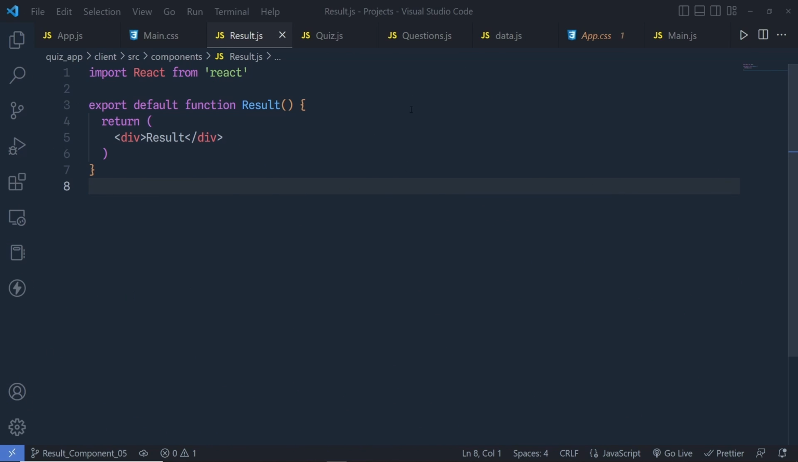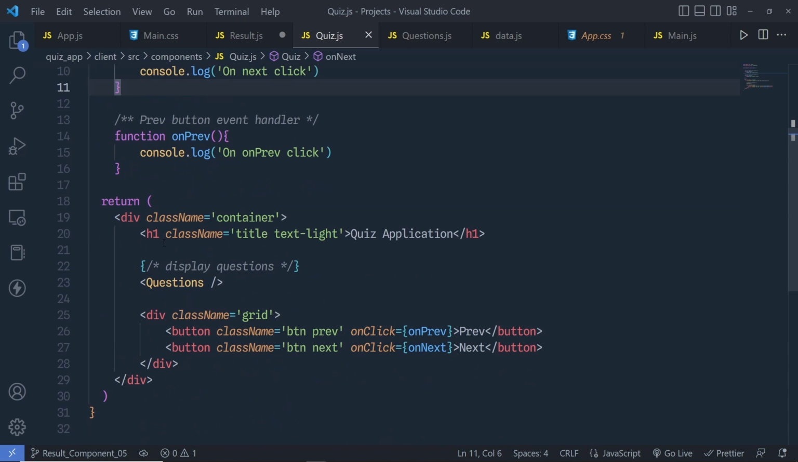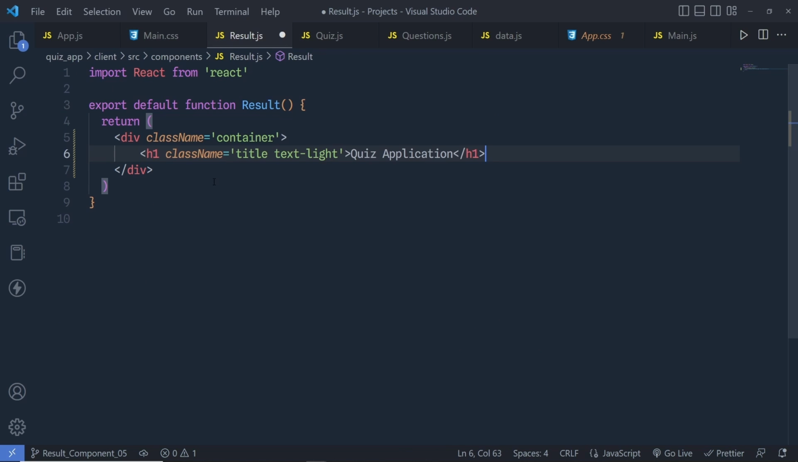Once we understand how to build the questions component, let's take a look at how you can display the result of the quiz inside the application. Let's move to the result component and create this result component and display the result of the user's performance. So right inside this div right here, I'm going to specify some classes. Let me specify here className, container, and right inside this div, I'm going to specify an h1 heading tag, and I'm going to print my title here. So I'm going to copy this h1 heading tag right from the quiz